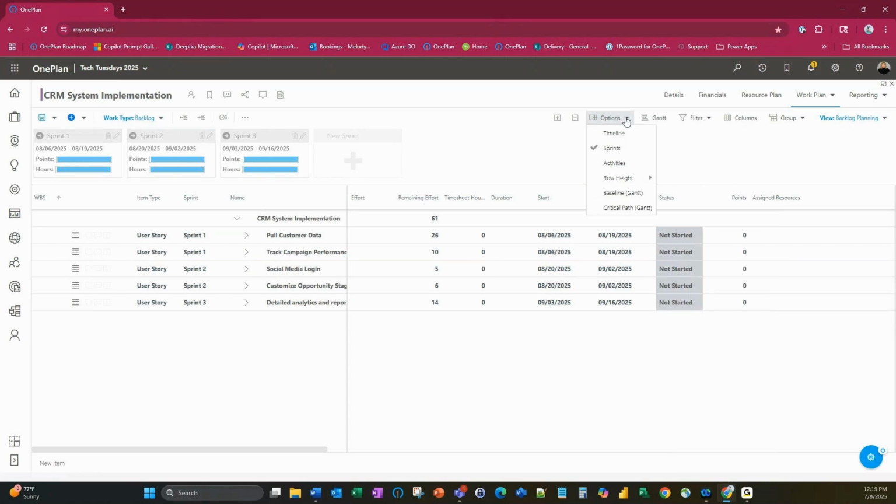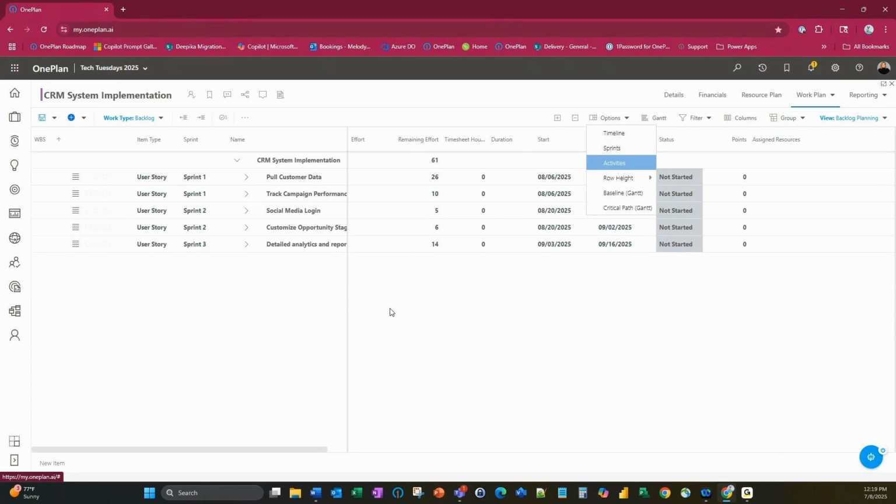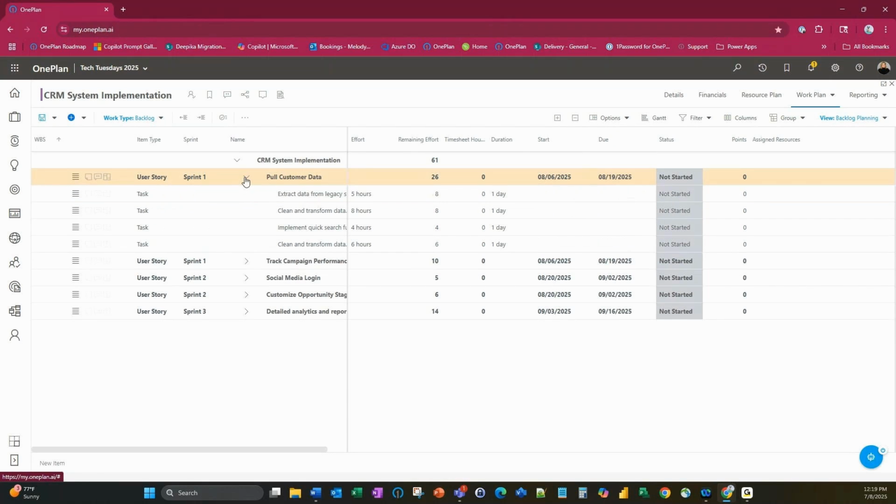So go ahead and click off the sprint there. And so now I'm in my backlog. So I have my different stories here. I can open them up. I can see the various tasks, and I have different tasks assigned to this specific story. I also have put effort into this story as well. And so each one of these tasks has its associated effort.